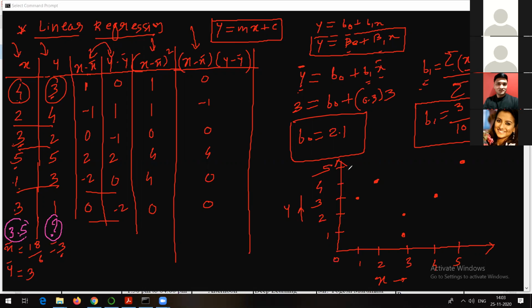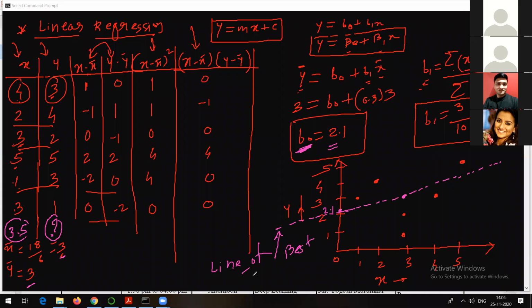For that, we are going to draw a straight line. Now how to draw a straight line? For drawing a line, you know that we require at least 2 points. The first point will be x bar and y bar, that is 3 3. So 3 3 is going to come somewhere here. And what is the other point? The other point is nothing but the y-intercept value, that is 2.1. So 2.1, for example, comes somewhere here, right? Now we got these 2 points, so we can draw a line which passes through these 2 points. Assume this as a straight line, right? So this straight line is called the line of best fit.